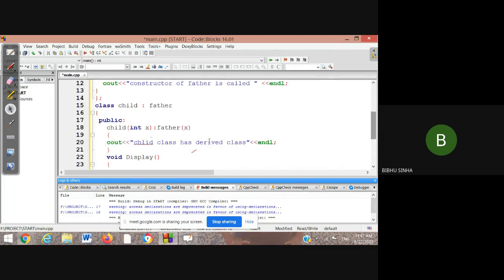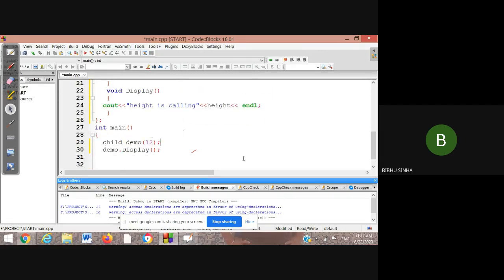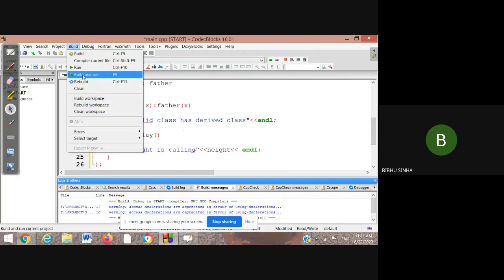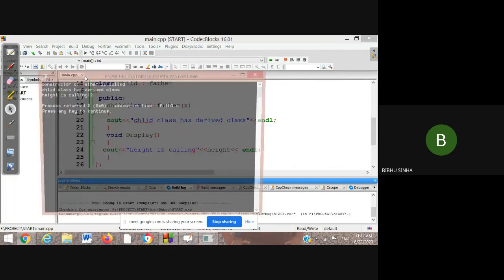Now this 12 is going to be passed to this data, and now we are going to print some message here, right? So where is the base class value being passed? It is being passed from the child class to the constructor, okay? And now we can print this data. Now we have to see what output is coming. So what is printed? 12 will be printed and this message will be printed here. Getting the point? So just go to build and run, compile and run. Build means compile.